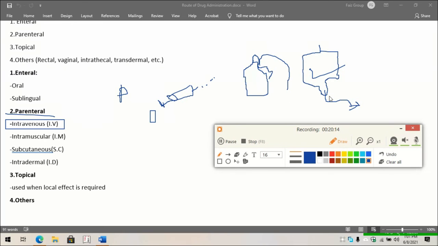The drug is infused over a longer period of time if you are giving by infusion, resulting in lower peak plasma concentration and increased duration of the circulating drug in the plasma. Now let's move to the intramuscular, that is IM, route of